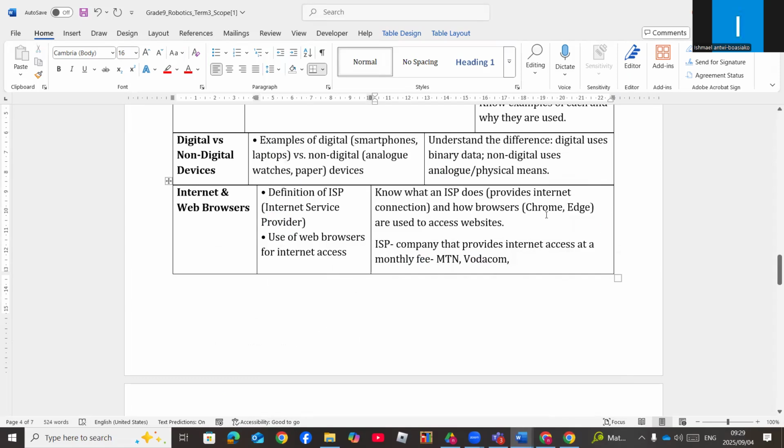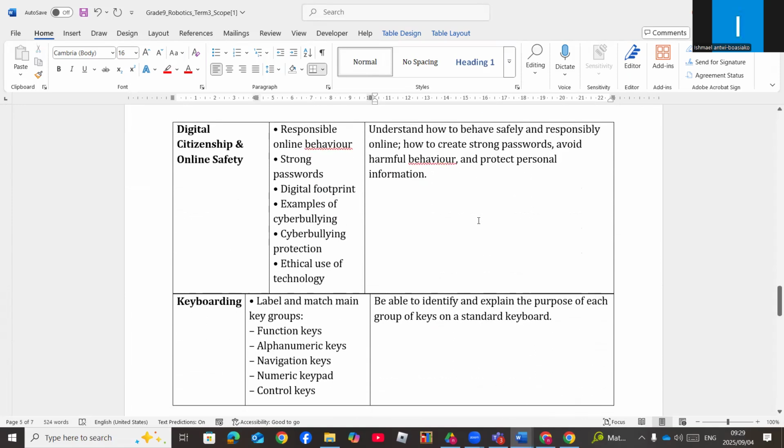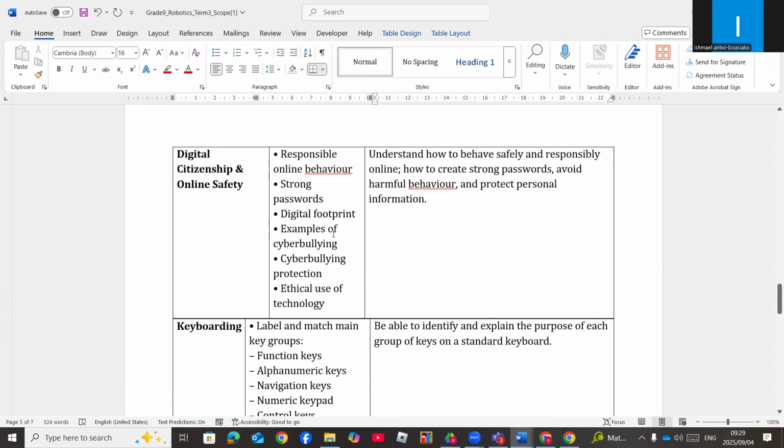So Edge is also an example of what? A browser. Right. And then digital citizenship and online safety. You have to know digital footprint, cyberbullying, cyber stalking, the ethical use of technology. You have to know them. Responsible use, using a password and others. For instance,